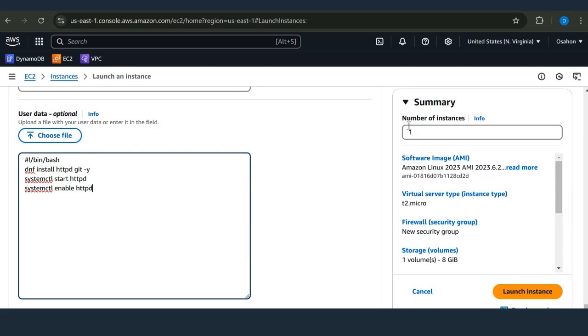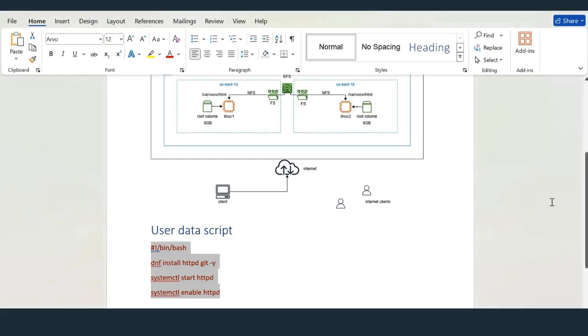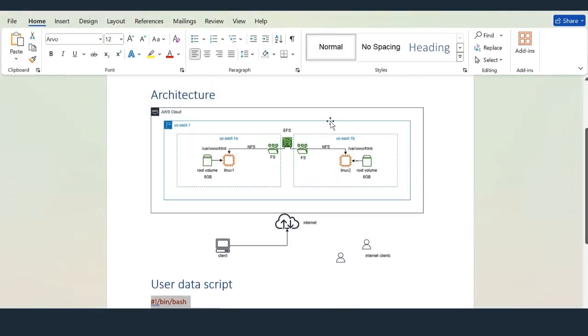Now I'll come to the summary and look at it here. We have number of instance 1. We have the software image. We have the instance type. We have the security group, and we have the number of volume. So let's quickly look at the infrastructure again and see what we have achieved, and then we can launch our